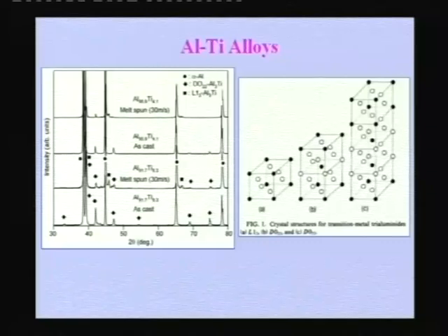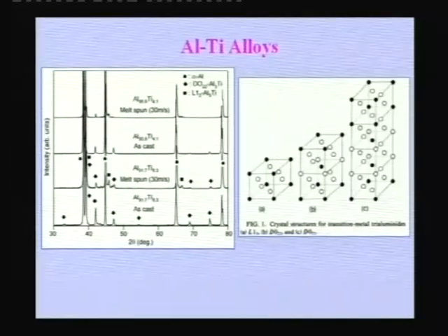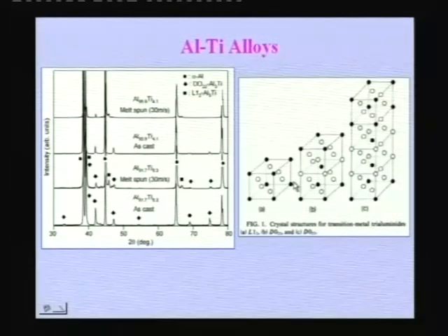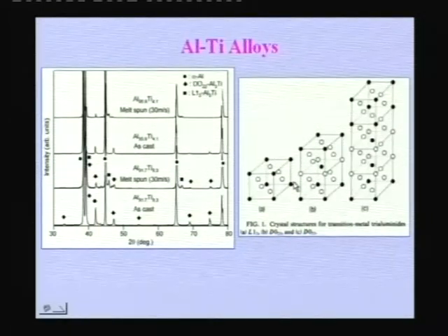So if you have Al3Ti particles with this DO22 structure in an aluminum matrix, you are not going to get very high ductility. The alloy is going to become brittle. So there is a lot of interest nowadays. Many people want to see how to make this Al3Ti into a cubic structure. People have found out that if we can add certain ternary elements, we can stabilize the L12 type of structure. In fact, we know this kind of stabilization from steels, where we always add different alloying elements to stabilize